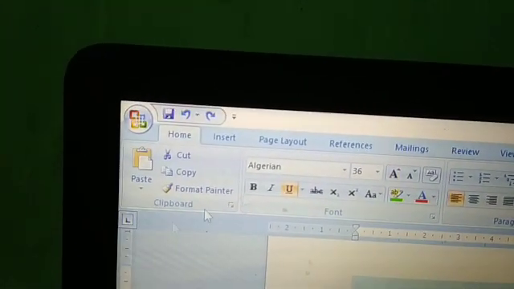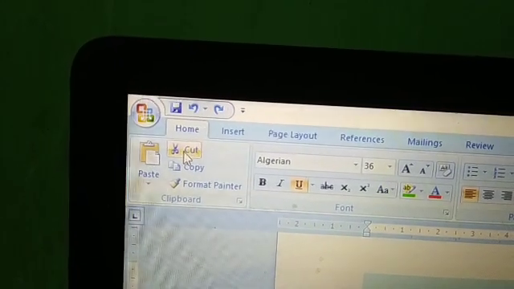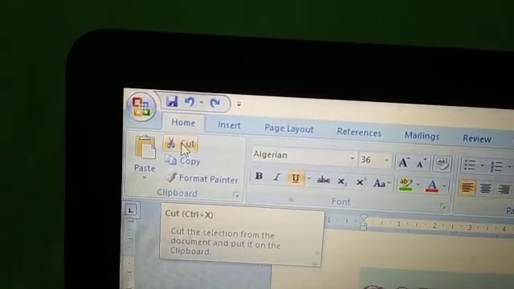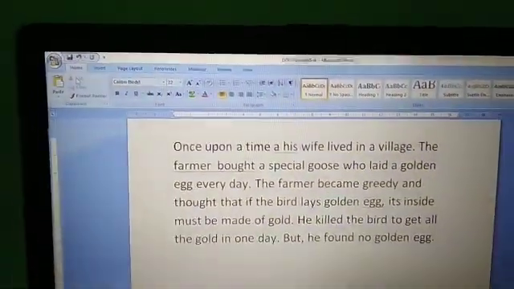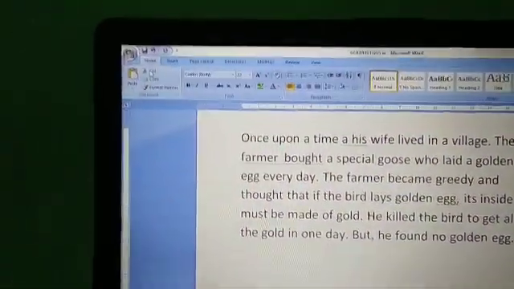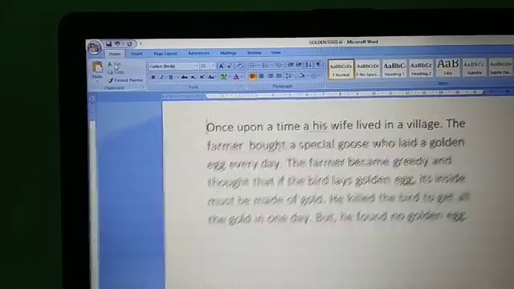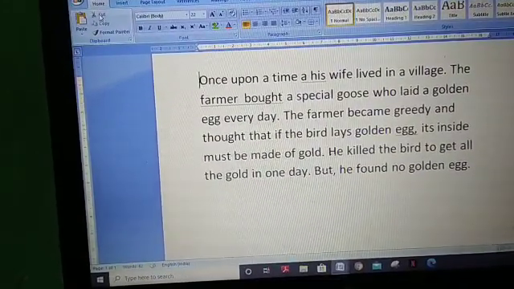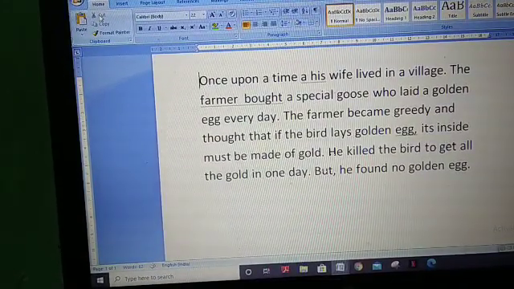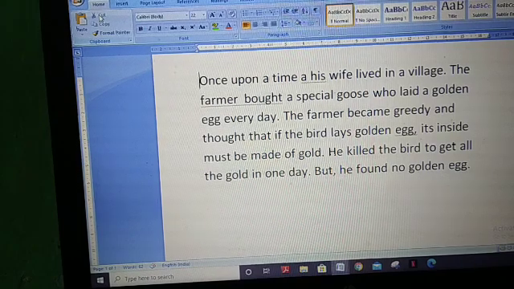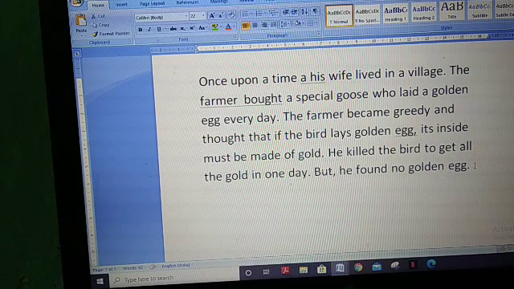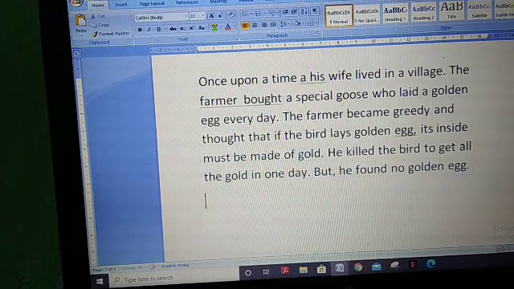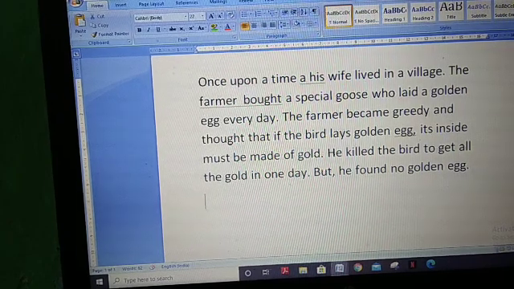Cut command of the home tab. Click on cut. As soon as you click on cut, you can see the heading has disappeared. Now, where you want to place that text, bring your cursor there. Bottom, I told you, from top to bottom.